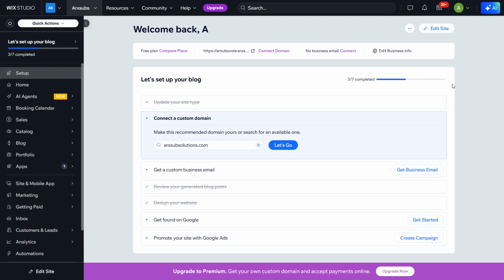First, start by logging into your Wix account. Once you're signed in, you'll land on your main dashboard. On the left-hand side, look for the section that helps you set up and manage your site. Make sure you're in the setup area where you can access all the key tools for editing and managing your